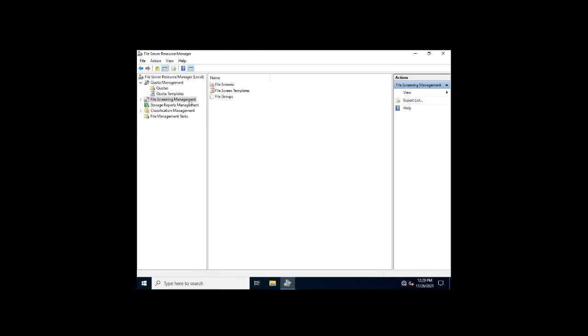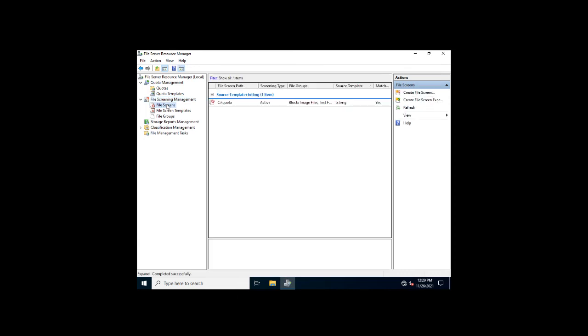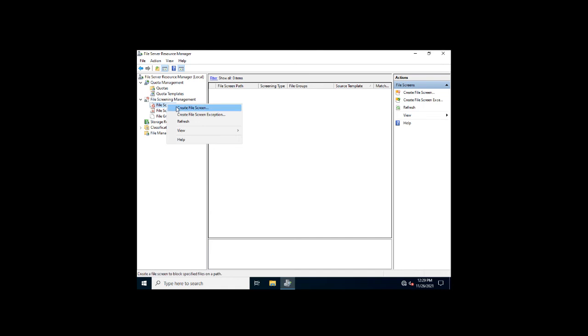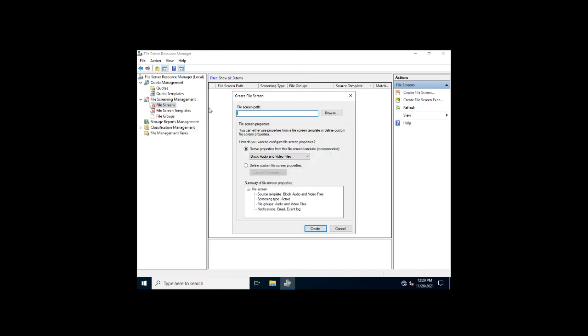Now I will select the File Screening Management option as well. This option will help us restrict users from creating unauthorized files, as I explained earlier. First of all, we will delete the old one. Create file screen. What type of files can we restrict for the users?